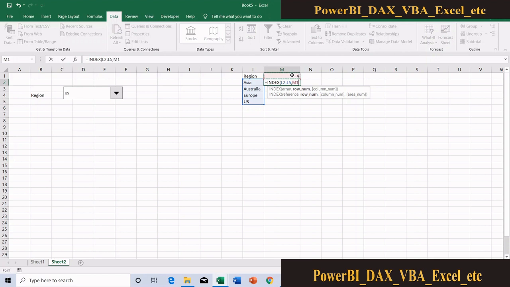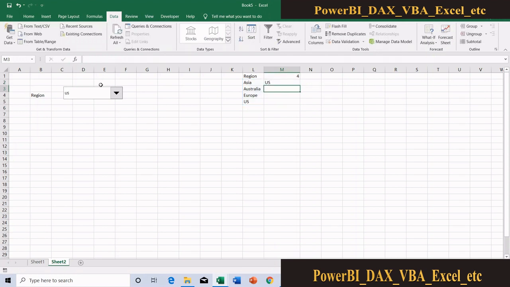I am selecting this M1, close my bracket, enter. Now you can see that whatever region I am selecting in my region combo box is appearing here.